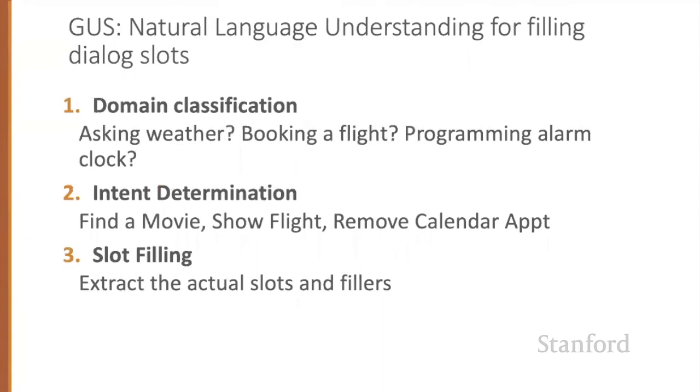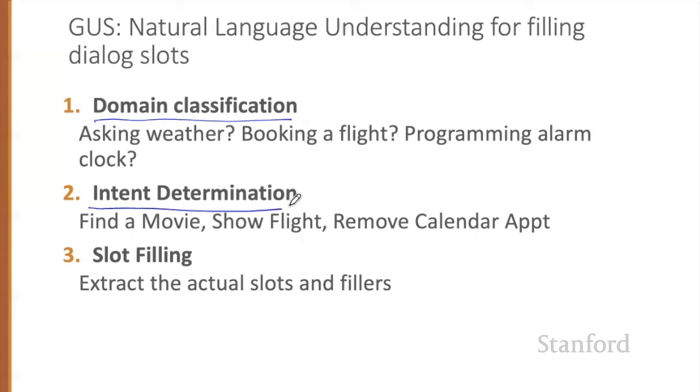The goal of the natural language understanding component in the frame-based architecture is to extract three things from the user's utterance. The first task is domain classification. Is this user, for example, talking about airlines, programming an alarm clock, or dealing with their calendar? Of course, this one-of-n classification task is unnecessary for single domain systems that are focused, say, just on calendar management, but multi-domain dialogue systems are the modern standard.